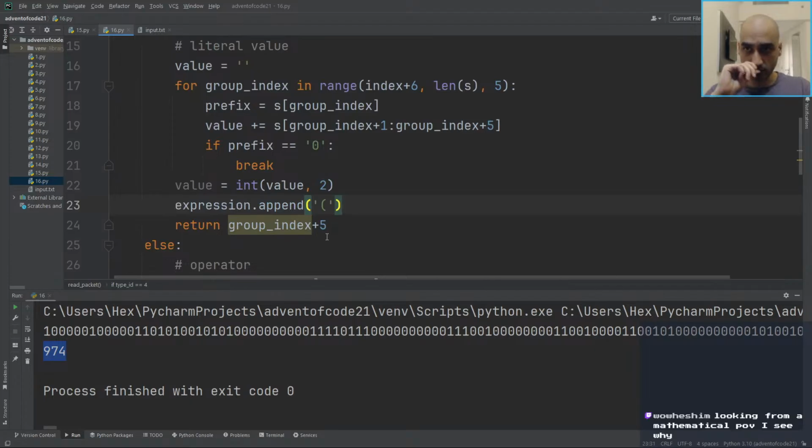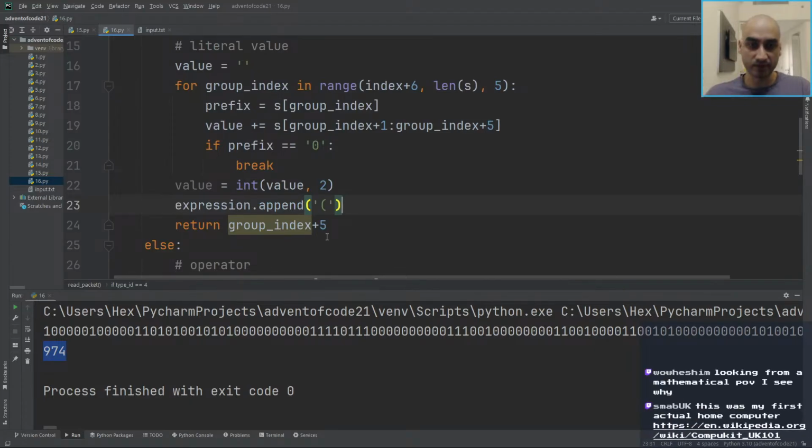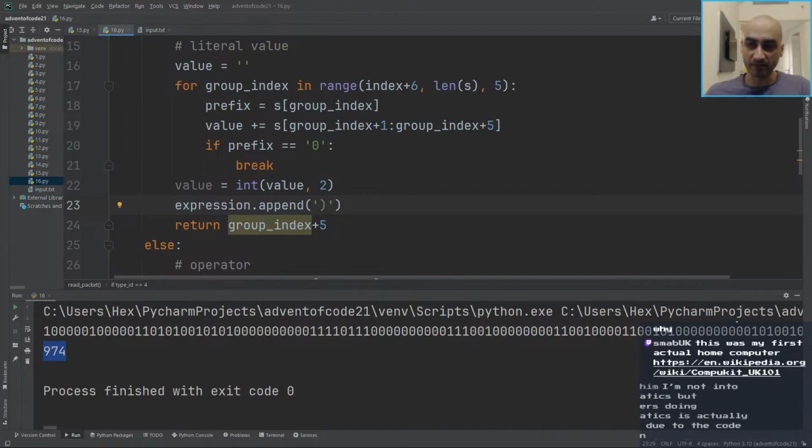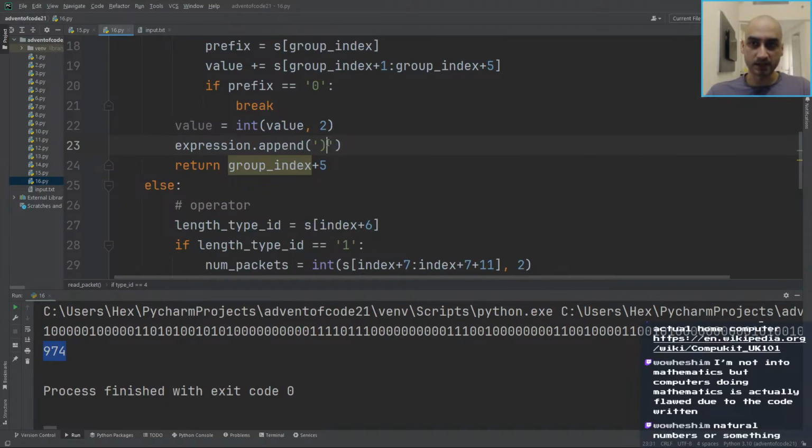Looking from a mathematical point of view, I see why. Yeah, I mean it was kind of like a revolution in the world of mathematics, actually using programming to prove theorems, for example, which was controversial, but it technically is a valid proof. If you prove that the program proves things correctly, and then you run the program and it proves something, then you've proved the thing, sort of. Like the famous four-color theorem was proved using a computer, and that was, I guess, decades ago, but